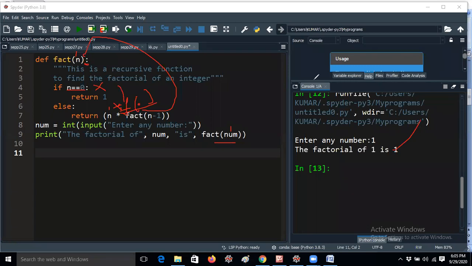So that is not mandatory. That's the reason I'm telling, guys, if n equal to 1 is not mandatory. Usually you are thinking that if you are not giving n equal to 1, it will go to the else part. Again it will check 1 into fact of 0. Then fact of 0 automatically gets the value as 1. So it works like this. I hope everything is clear, guys.